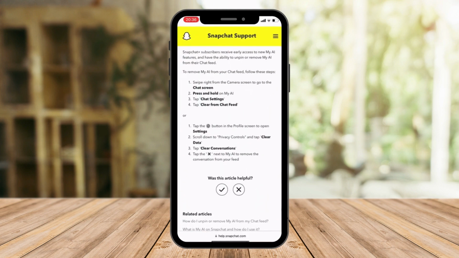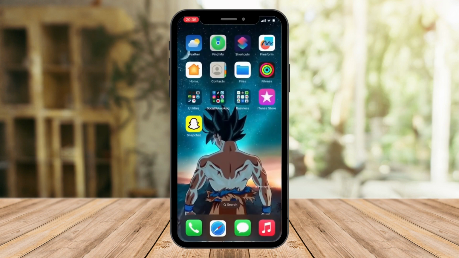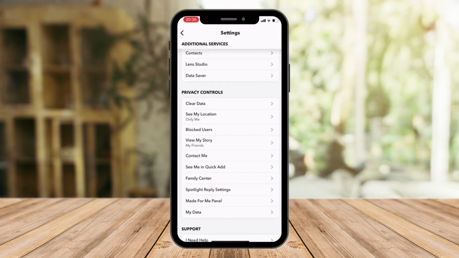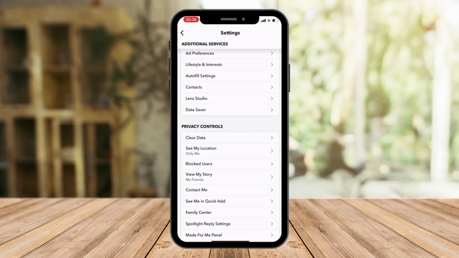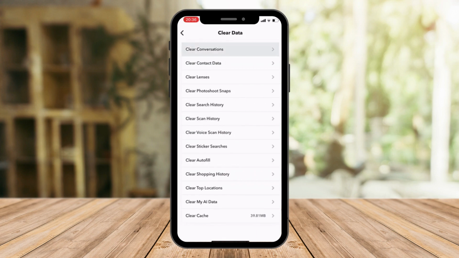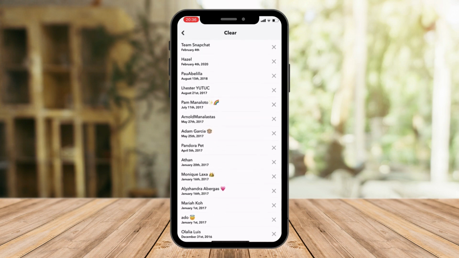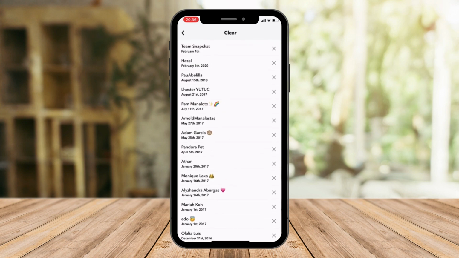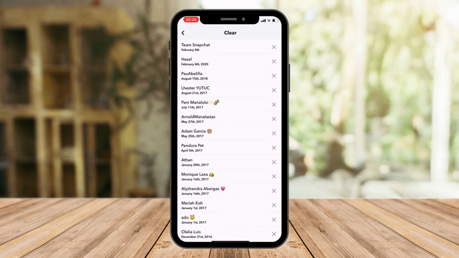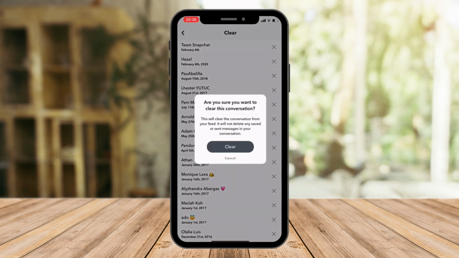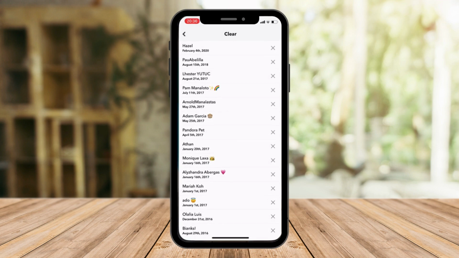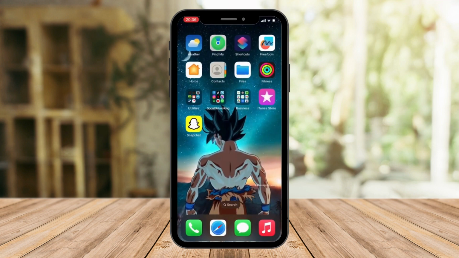So it says settings, privacy controls, and tap clear data. We're in privacy controls and clear data, this one. From here it says clear conversations. Now just look for the one that says My AI. It's just going to be the same as the normal people that you have on your contacts. For example, let's remove this first one right here, Team Snapchat. Click on it and it's removed. So just do the same for your My AI if you have it on your end, because I don't have it right now. And that's how you remove or turn off